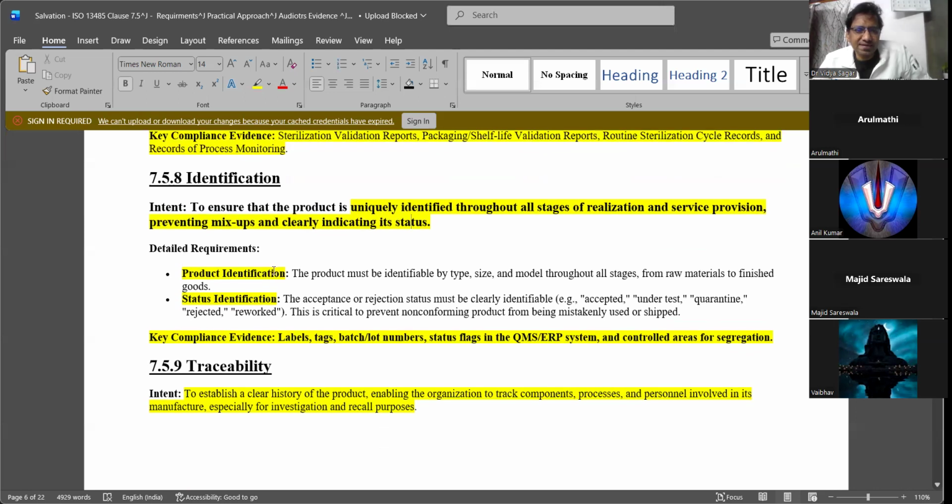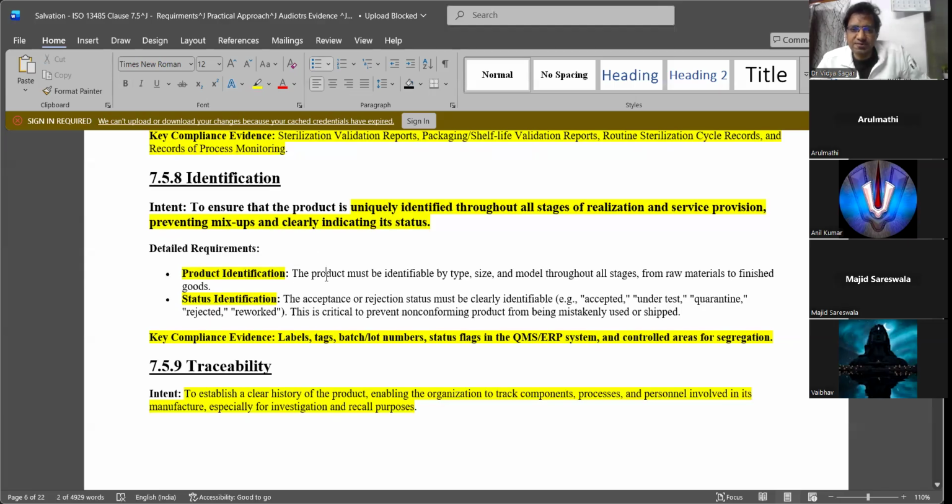One is product identification. The product must be identifiable by size. This is what type of device. If you have 2, 3 models, what is the size of it? What is the model? Throughout all stages from raw material to finished goods. This is very important, product identification.